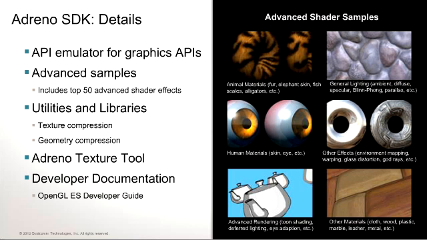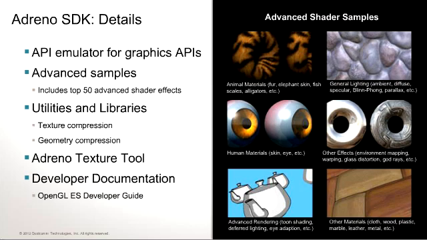So this slide talks about Adreno SDK. So Adreno SDK, as I said, has an API emulation for most of the graphics APIs. It also has advanced samples, which include simple tutorials of how to draw a triangle all the way to how do I write an advanced game. We also bundle top 50 advanced shader effects, and I've shown some on the right side of the slide. So you can look at animal materials like fur or elephant skin, or even general lighting like ambient lighting,